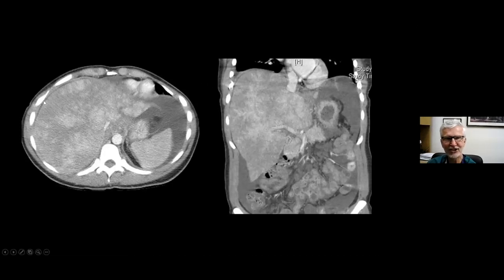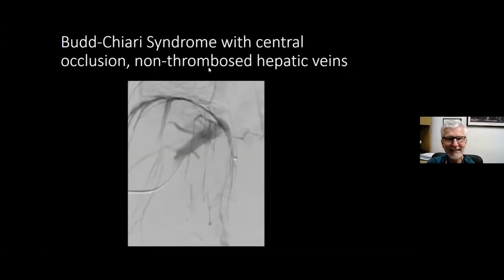This CT scan shows you the classic nutmeg appearance of a patient with congestion in their liver because of Budd-Chiari syndrome, hepatic venous outflow obstruction. In this case, the patient's hepatic veins are open, but they're centrally occluded. Okay, there's flow inside the hepatic vein. This is the easiest type of Budd-Chiari syndrome to treat, because if you can just get rid of this web in the hepatic vein or the IVC, you will restore venous outflow from the liver and reduce the patient's portal hypertension. So in this case,